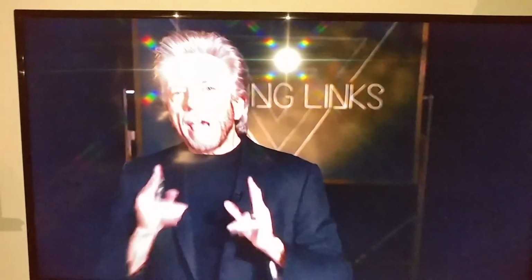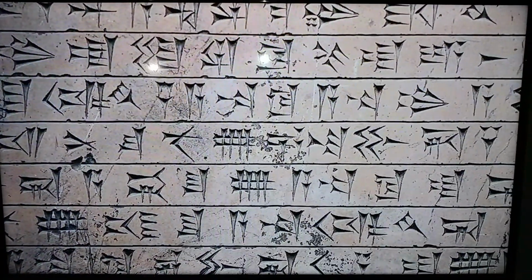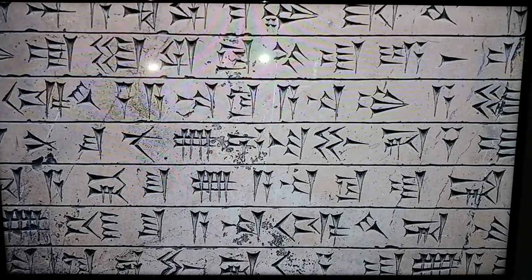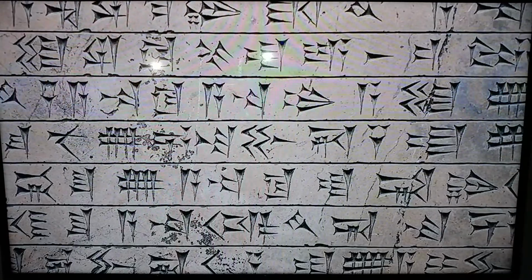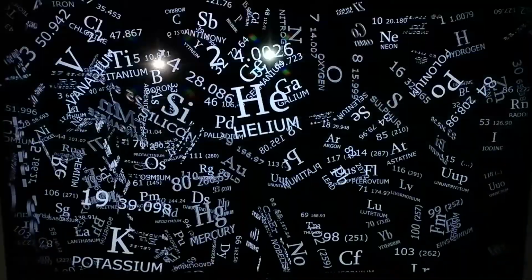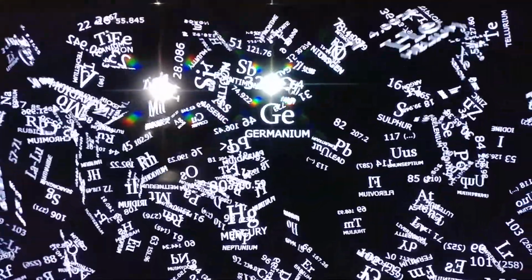Well, there's another great mystery when it comes to the languages of our past. Scientists know this, linguists know this very well. Every language, every single alphabet that has ever been known to exist, bar none, cuneiform, Arabic, Hebrew, Sanskrit, Greek, every alphabet that's ever been created has always had a mysterious number linked to the letter that it represents. No one knows for sure where those numbers came from. The numbers never change. They are a constant.